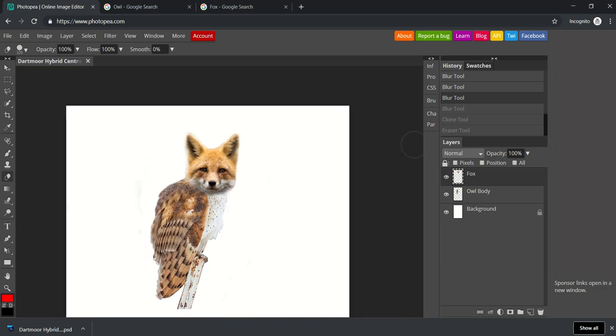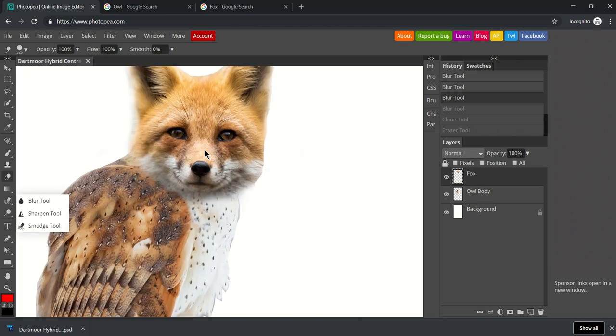So in this tutorial I am going to show you a couple of little tools called the clone tool, which is that, and the blur and smudge tools, which allow you to blend in one layer with the other. So we've got the fox layer and we've got the owl body. So what I'm going to do is press Control plus to zoom in quite quick, and the first thing I'm going to use is the clone tool,